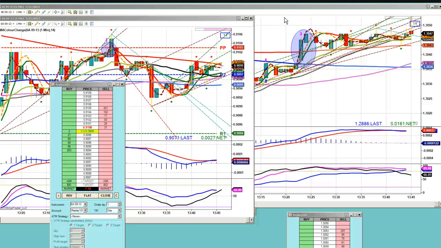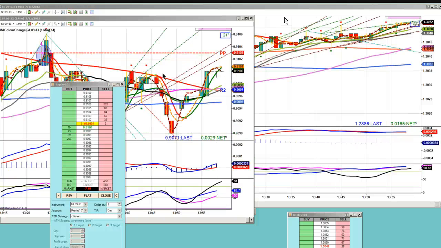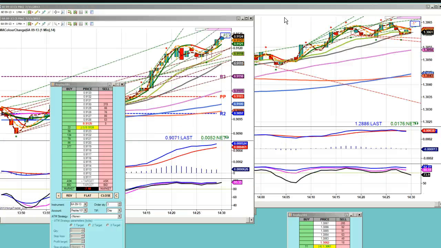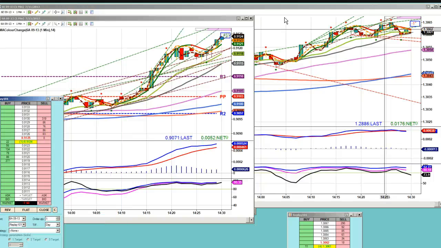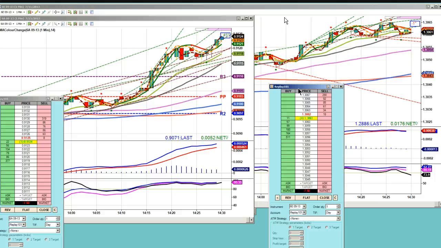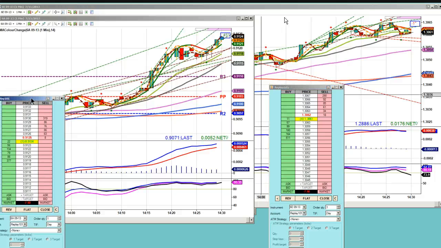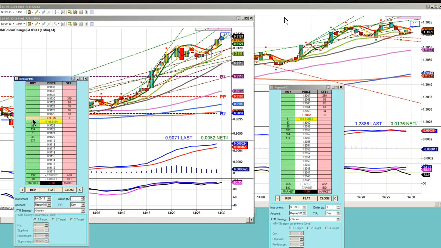Coming in the euro. Now watch here. Look how the 6A is shooting up and our euro is trickling. But it's still going up. There's still lots of price action here. So do you see how one market is going to fill you a lot faster? And if you see that this is performing well, remember, you're only in one market with one contract, the other market with the other contract. If you're in a scenario like this, 2 o'clock, where we had a very nice fan, you can always say, I'm going to let this one go a little bit more, and I'll just take 3 ticks on this one.